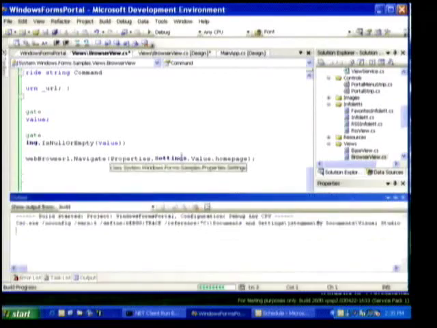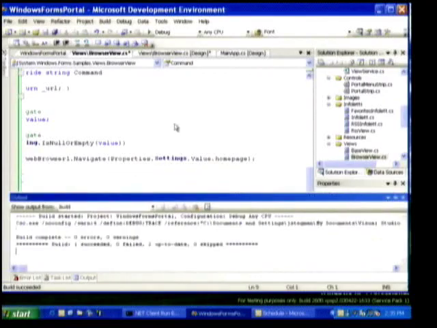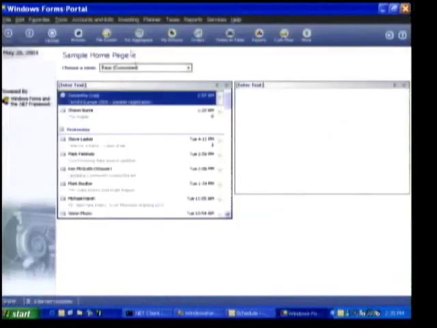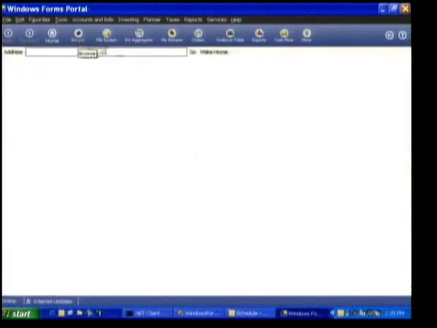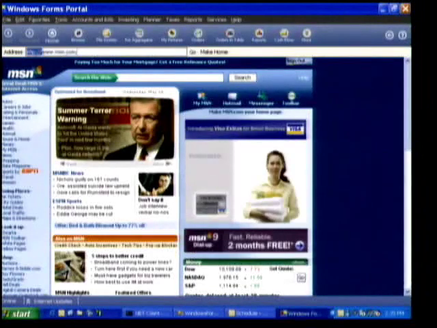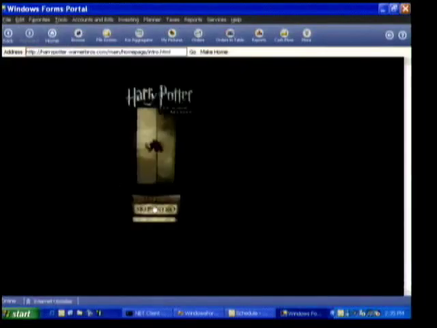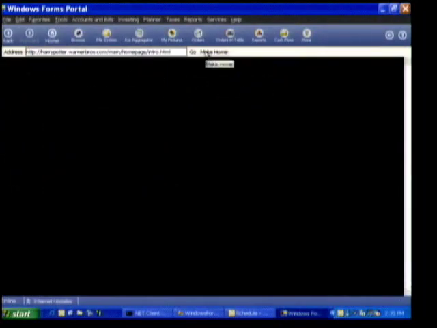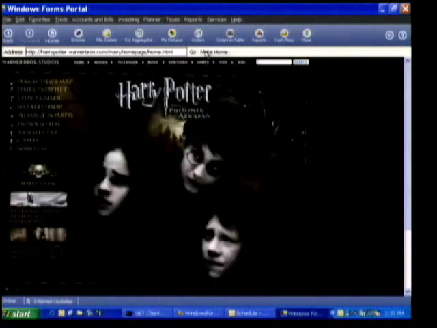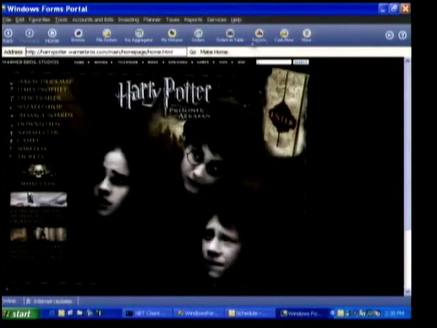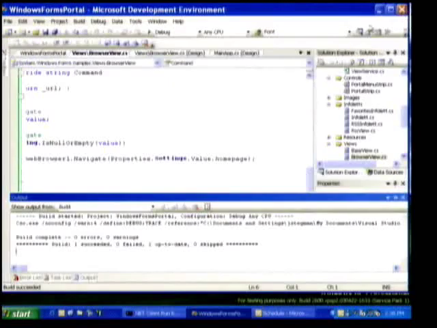We'll go to the Browse View in here. We'll go ahead and select Browse View. We'll go to harrypotter.com again. Skip the intro. This looks like a nice home page. I'm going to go ahead and make it my home page. Now what that just did, I clicked on that button. It wrote the resources into this configuration file that's now associated with my application, and it's stored per user just for me. And now I can go ahead and exit,